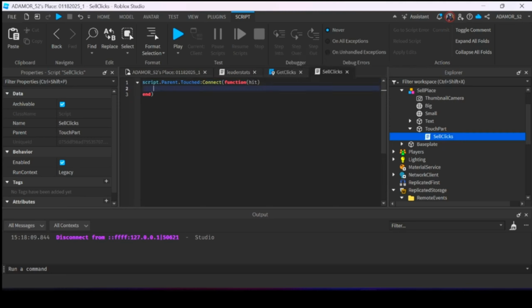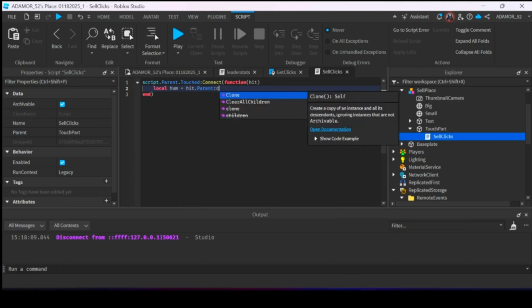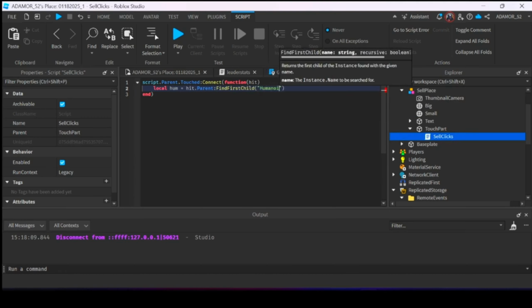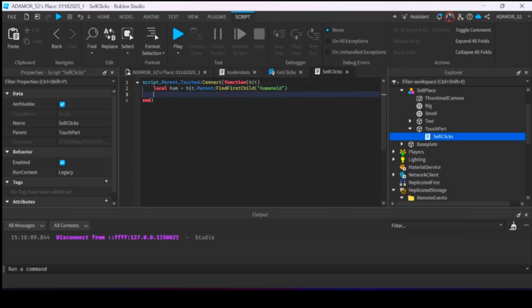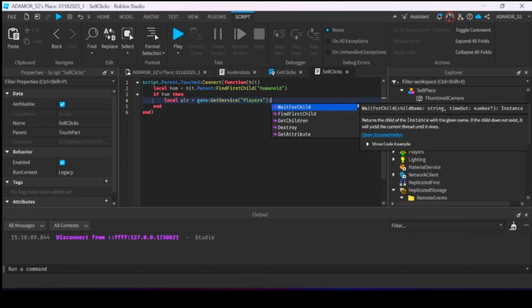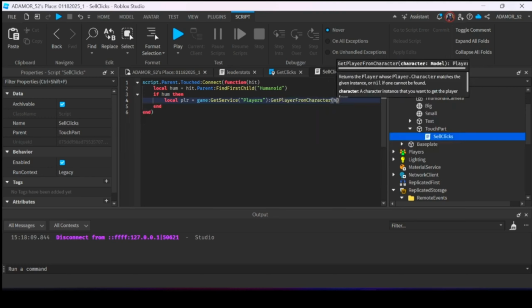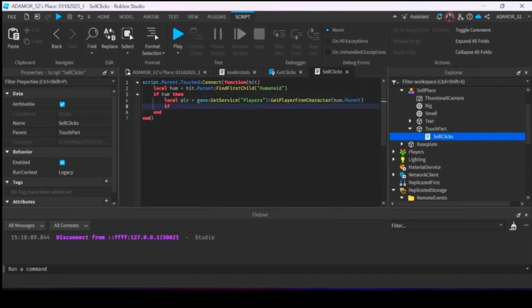So how are we going to do that? We are going to first get the humanoid, so local humanoid equals hit.Parent:FindFirstChild("Humanoid"). And then if humanoid then, so if something touches it and that something is a humanoid, we can check if that humanoid is from a player. So local plr equals game:GetService("Players"):GetPlayerFromCharacter(humanoid.Parent), and if player, then player.leaderstats.Cash.Value +=